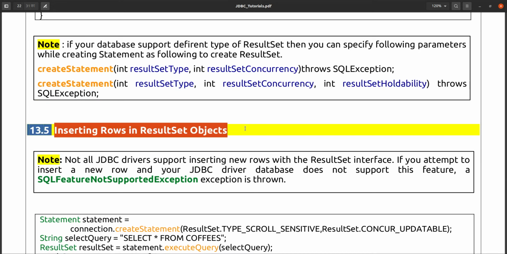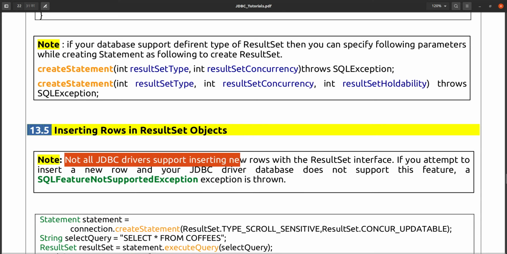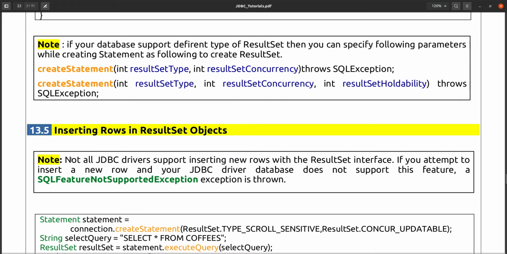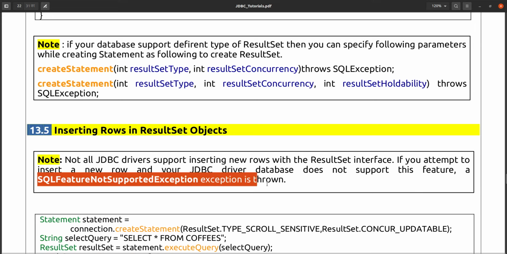Not all the JDBC drivers support inserting a new row with the result set interface. If you attempt to insert a new row and the JDBC driver or database does not support this feature, then it will give a SQL feature not supported exception.